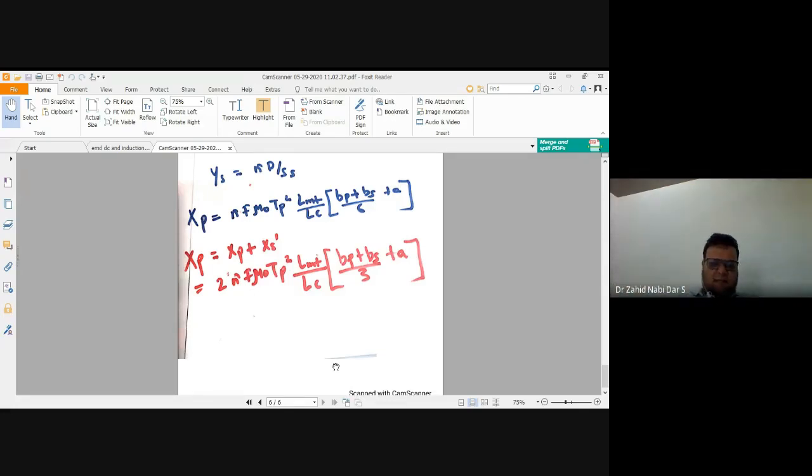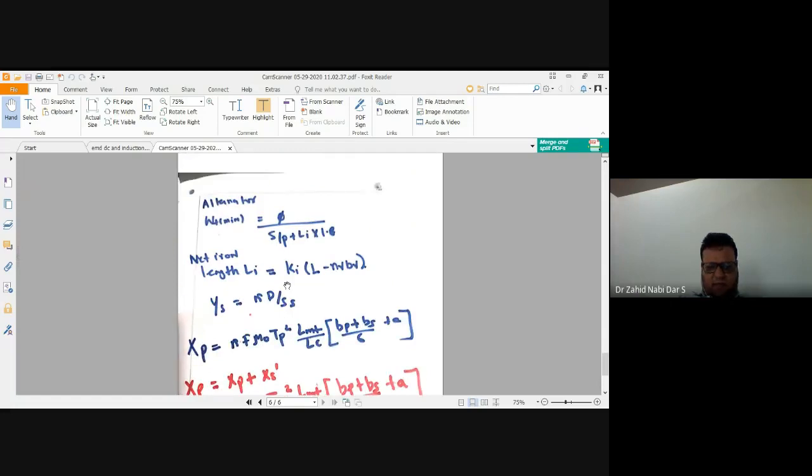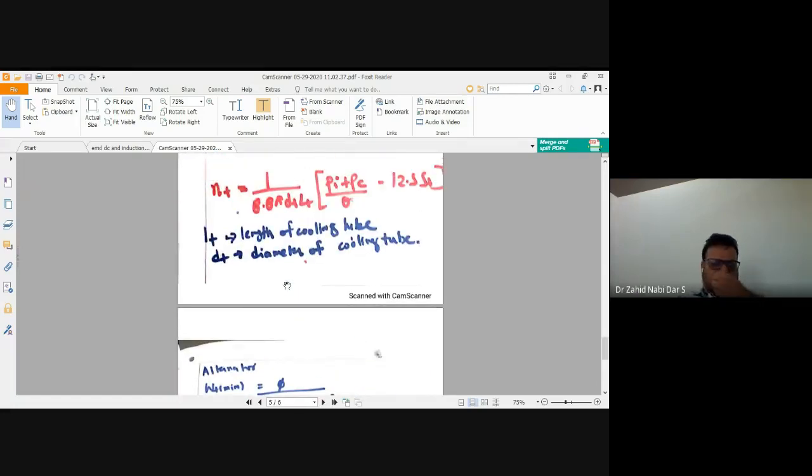So this is the transformer reactance for the double circuit arrangement, and this is for the normal system. So this is how the transformer reactance is, and this is for the alternator. So more or less these are the formulas that are important. And if I encounter some other formulas related to the examination, I'll put them in my classroom.